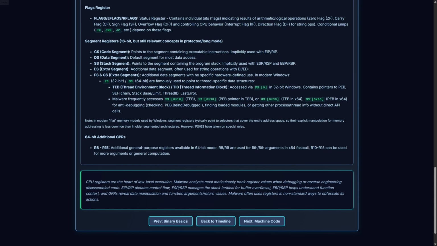CS points to the segment containing the current executing code. DS, data segment, default segment for data access. SS, stack segment, points to the stack segment. ES, extra segment, an additional data segment. FS and GS, in modern Windows, these are used for specific purposes. In 32-bit Windows, FS typically points to the thread environment block, TEB, while in 64-bit Windows, GS serves a similar